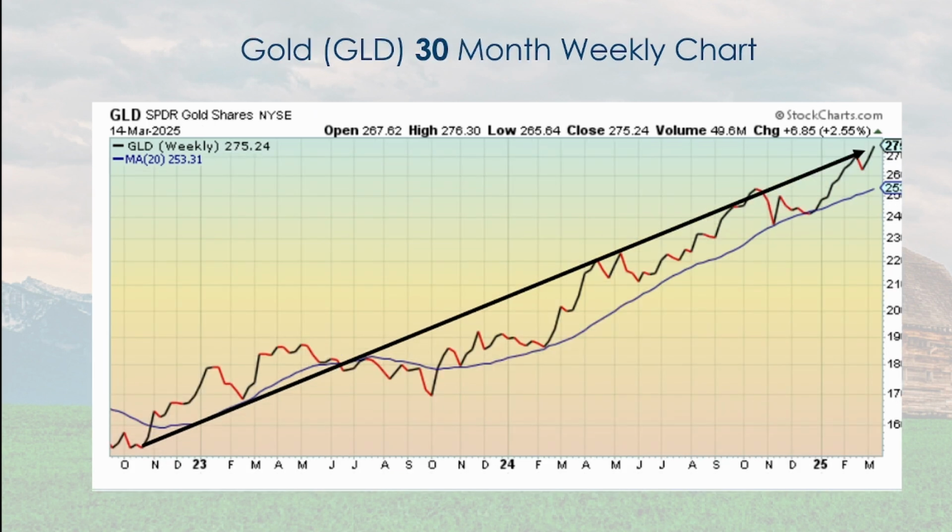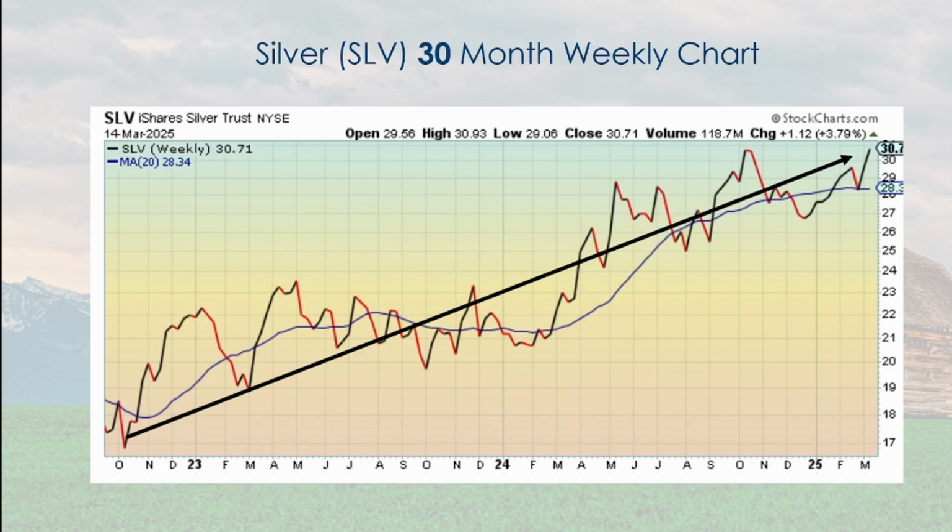Gold had a good week. Gold and silver both had a good week. This is the gold chart going up to a new high, at least on an intermediate term basis. So the strongest asset out there right now are precious metals. Silver had an even better week, and it's more of a choppy chart, but you see the move up at the very end. Silver is definitely in favor, and I'll cover that a little more later.